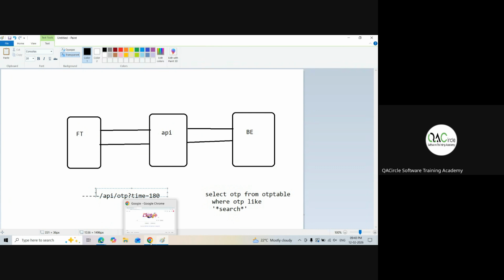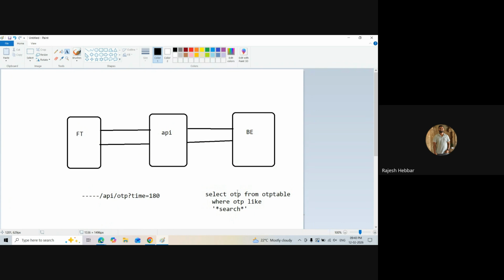Extract the OTP. I think we have seen previously how to extract it. We have also seen the automation framework. Till this point, understood? Sir. Okay. Second thing, if you are able to connect to the backend, you can run a query. Now, the third thing you can do